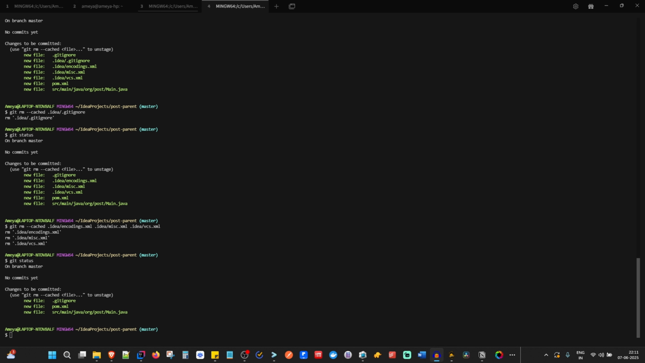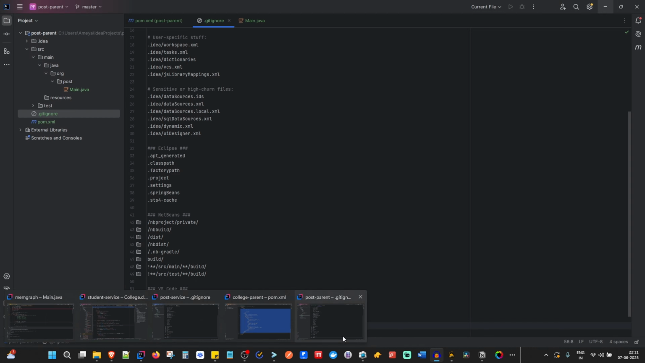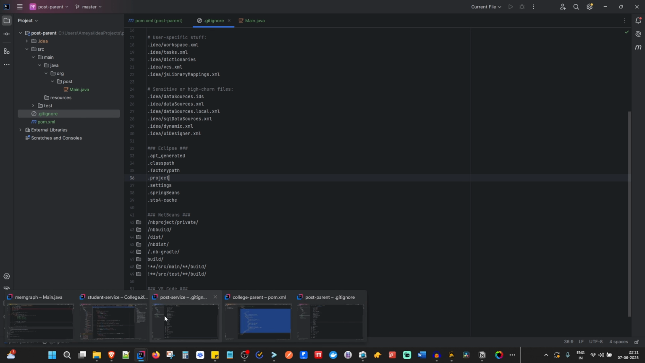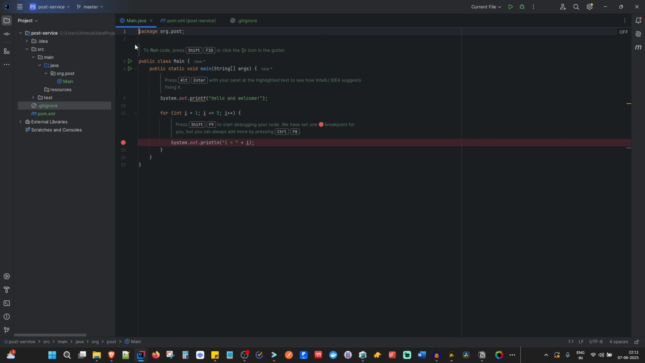And in this case, I updated the .gitignore file to avoid any files from IntelliJ. And let me check. Post parent is working, and I'll add that post parent into my post service so I don't have to keep